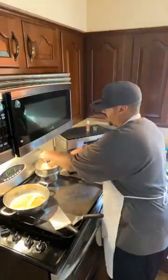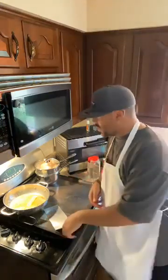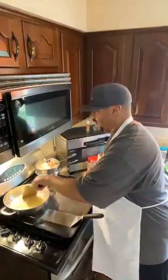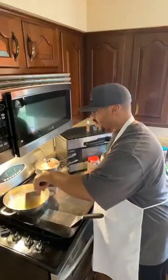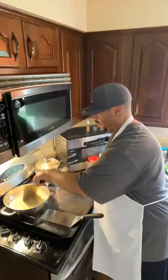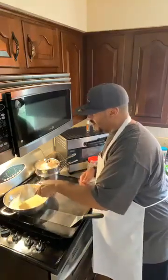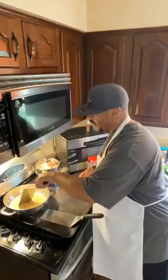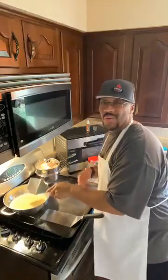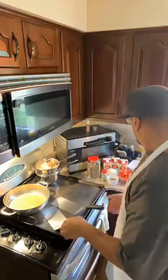Start your seafood steaming. I also have salmon that I'm going to cook on here. We're going to throw that salmon on here in just 1 second. So once your butter and your garlic has been cooking for a while, you keep it cooking for a little bit, but at this point, what we can do